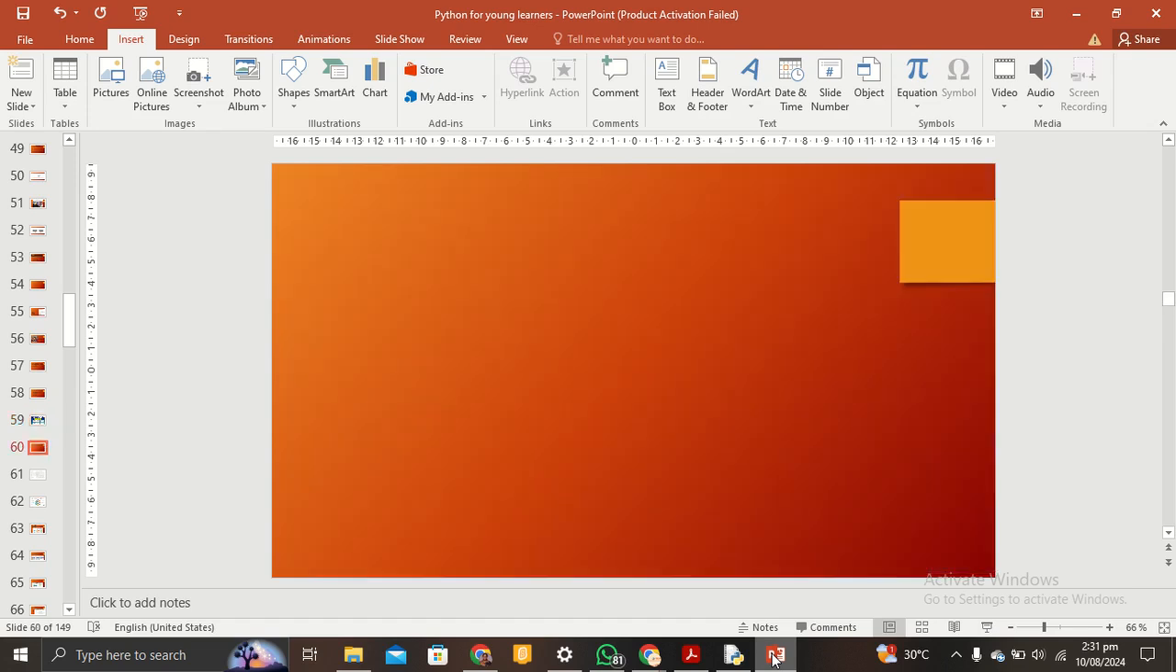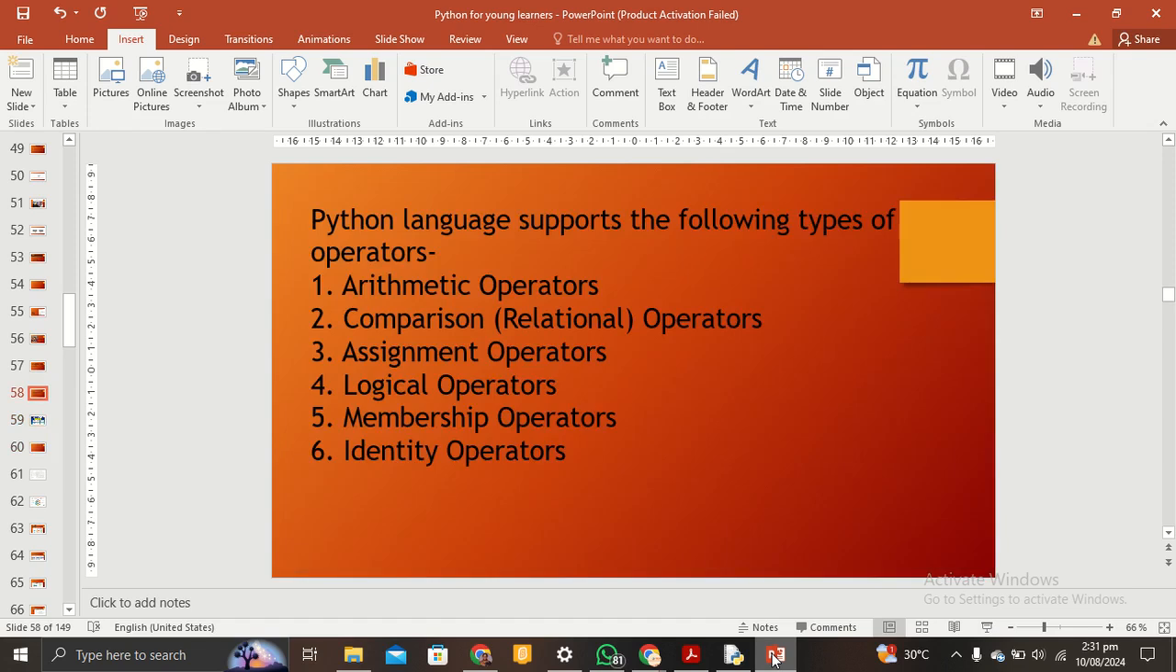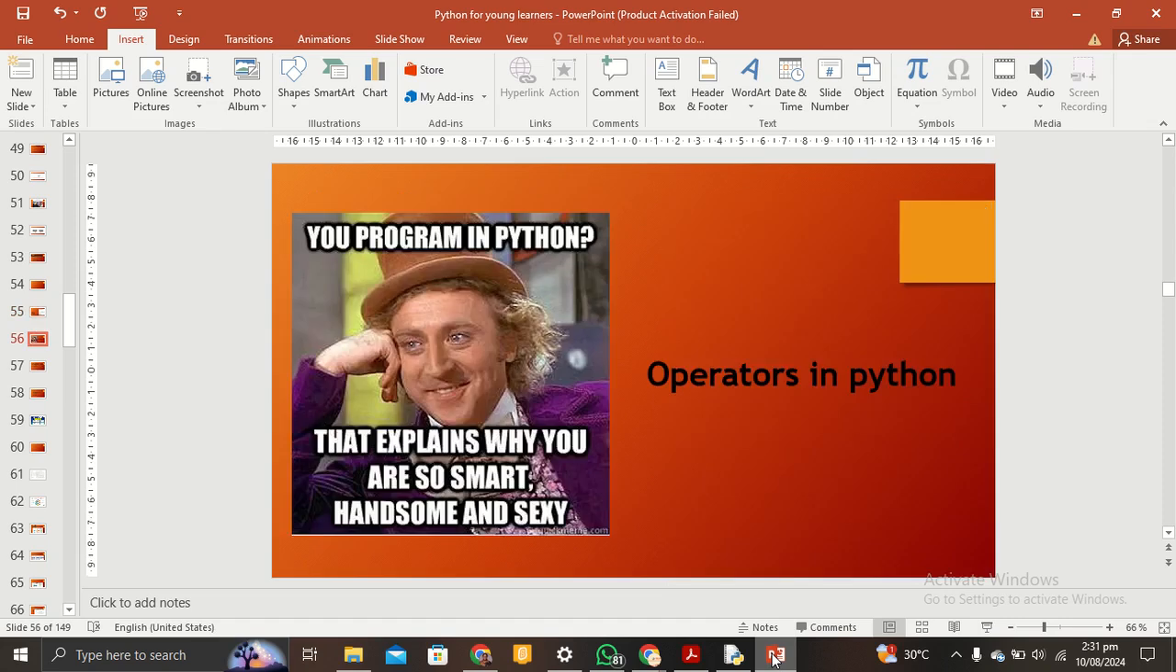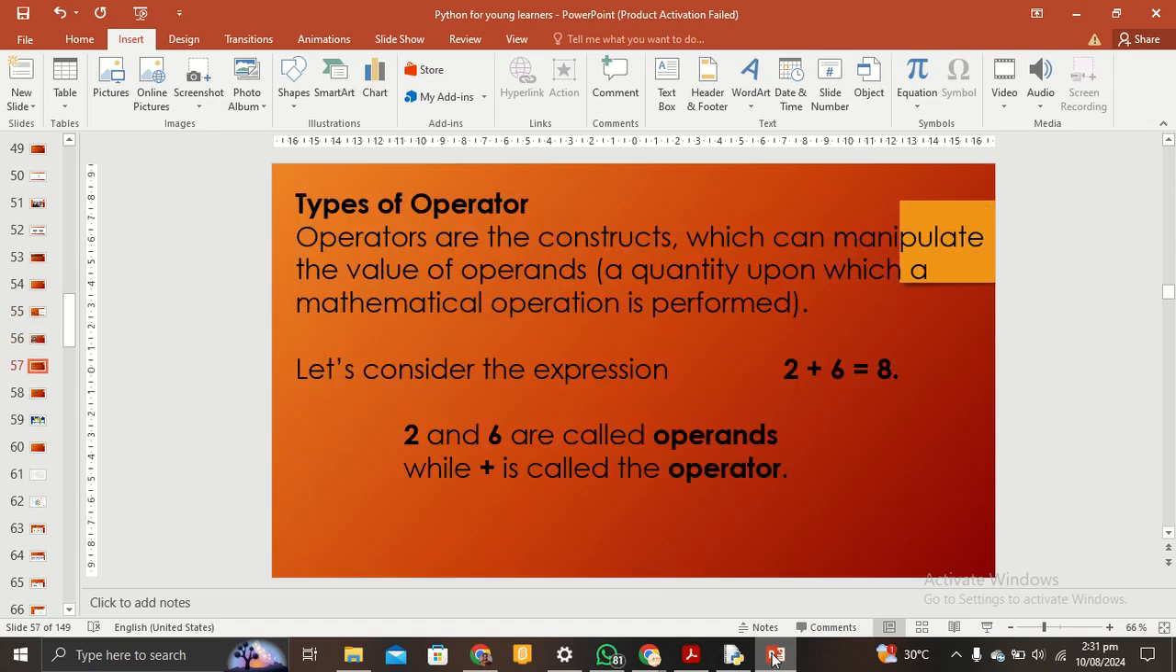Now, operators are, let me just put it as those constructs,